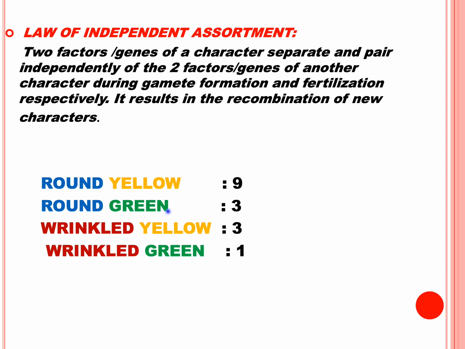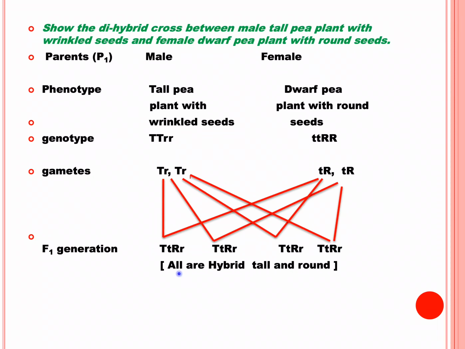These are the new combinations or the recombinations of new characters obtained in the F2 generation of dihybrid cross. So this is all about dihybrid cross. Try this dihybrid cross between male tall pea plant with wrinkled seeds and female dwarf pea plant with round seeds